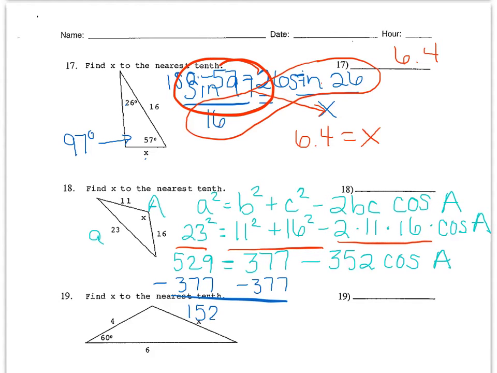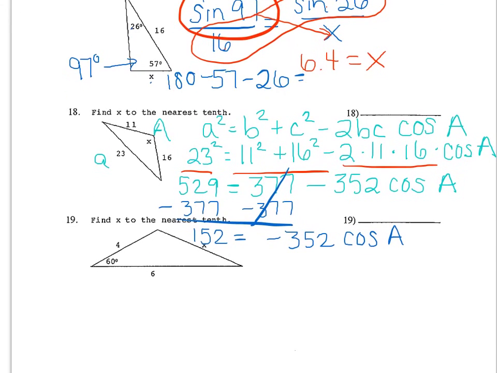I know I'm writing on that next problem. I'll move it in a minute. And that's going to equal negative 352 times the cosine of A. Okay. Then to get rid of that negative 352, I'll divide. Okay, so I get 152 divided by negative 352, and you get negative